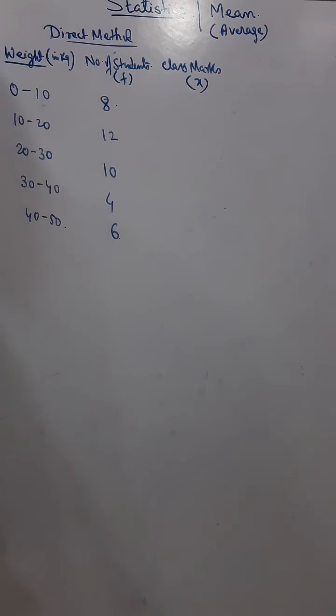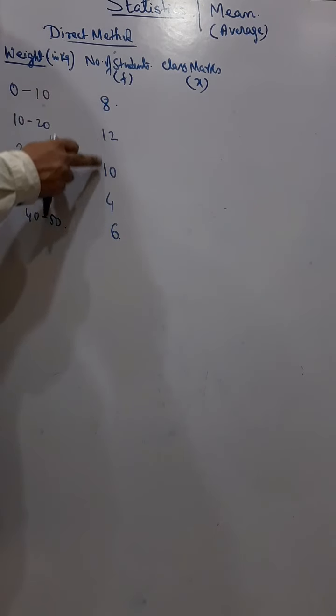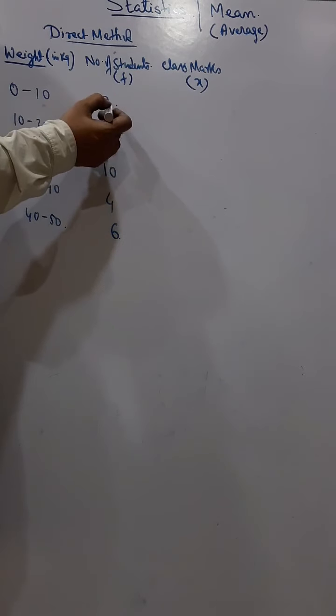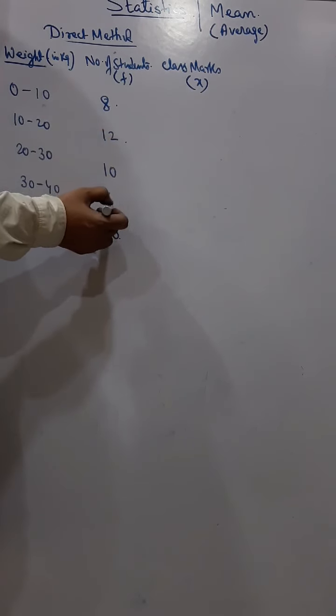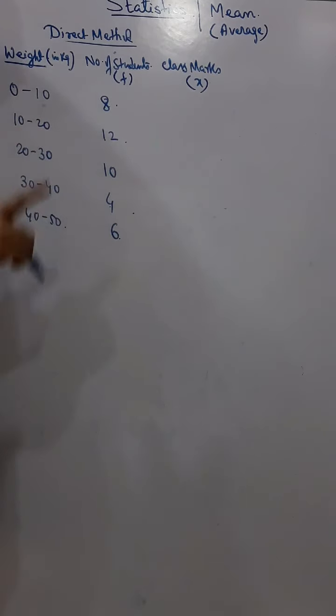Okay, now another sum of the direct method. In this case you can see class intervals are given. We can do sums by the direct method, as I have told you, only when the values are small. If the values are big, say the frequencies are very high, 80, then 120, then 40, and maybe more than that, then it is always advisable to do it by the step deviation or shortcut method, not by the direct method. When the sums are simple, you can do it by the direct method. Therefore I am showing you this.